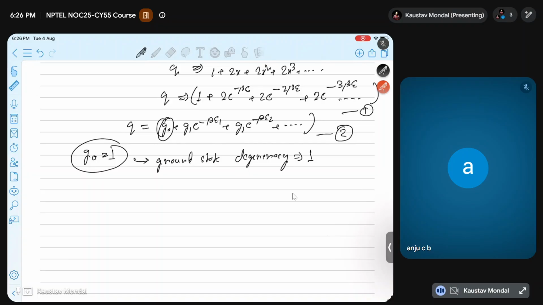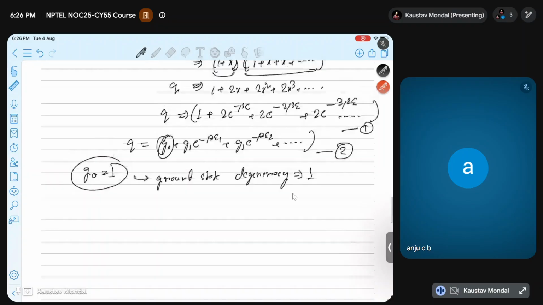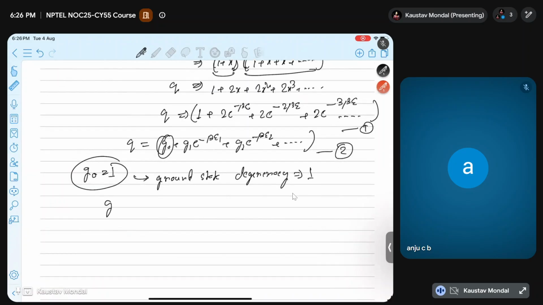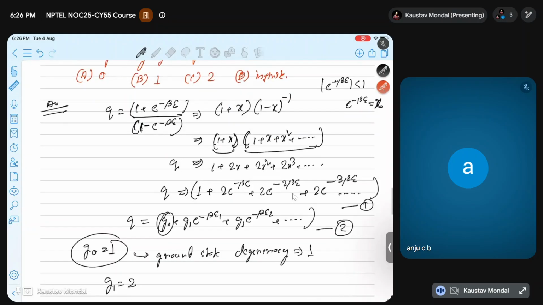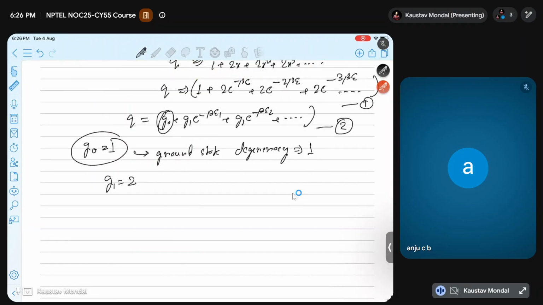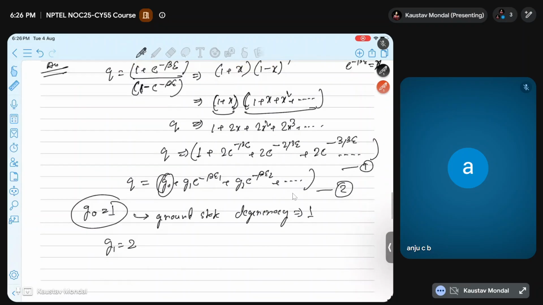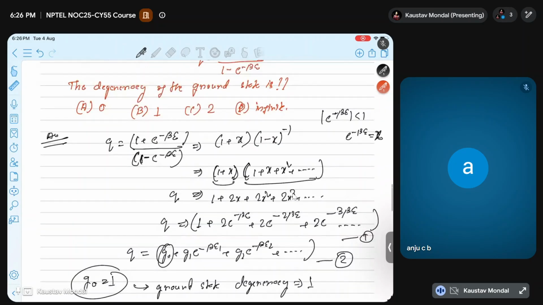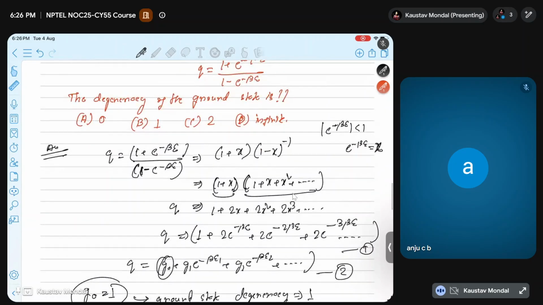Similarly, if the problem asks for the degeneracy of the first excited state, you can easily see by comparing that g1 here is 2. So in that case g1 should be equal to 2. So here in this problem, the correct answer would be option B. Okay,